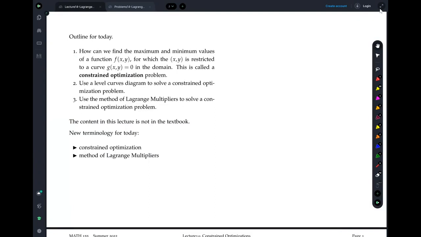So we're going to be talking about Lagrange multipliers. This sounds a little bit scarier than it actually is. Essentially, when we were talking about our maximization and minimization problems on Wednesday, this was all about, we've got some